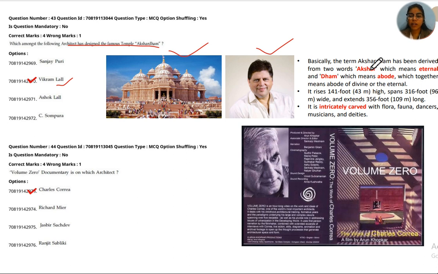So basically, the term Akshardham, where has it been derived from? Akshar means eternal, and Dham means abode. This together means abode of the divine or the eternal. So talking about structure, it is 43 meters high, spans 96 meters wide,